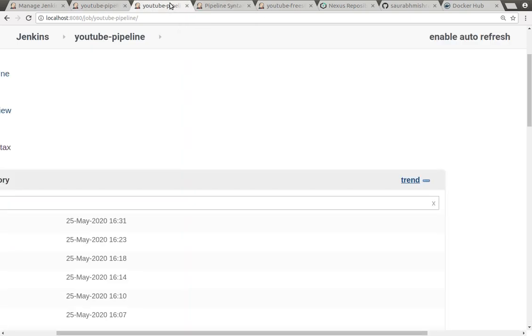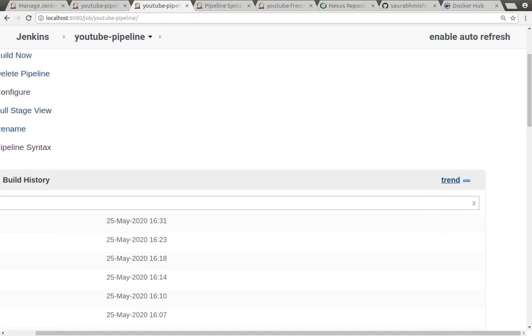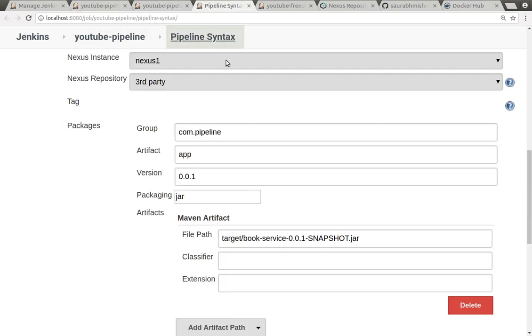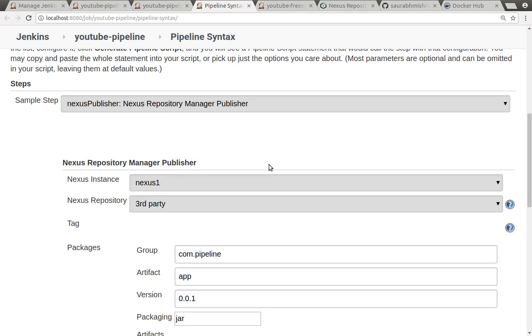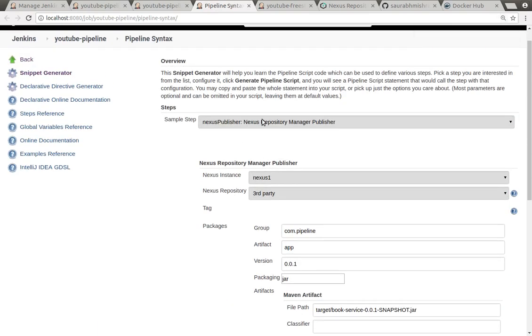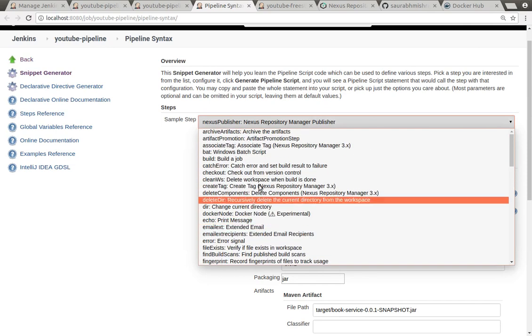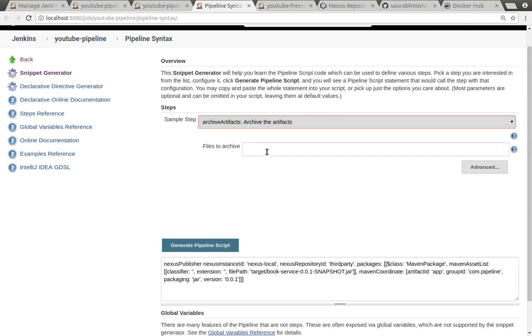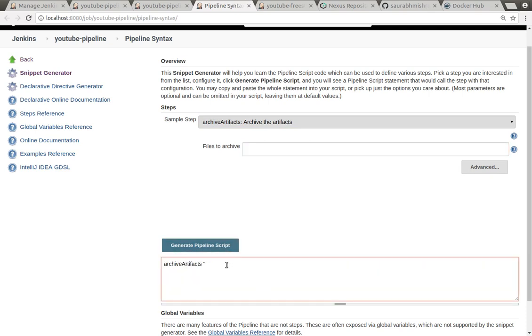You can come into the syntax help and choose from the options available. You can see it is already providing a list of available syntax. Whatever option you have seen in a Freestyle project, you can choose here and generate a pipeline script. Then you can just copy the pipeline script inside your stage.